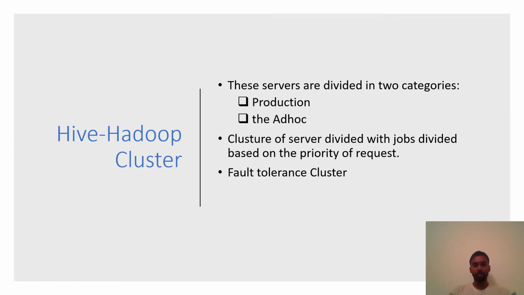So they create a fault tolerant cluster by creating many parent clusters. And all these clusters are divided based on the priority of the jobs and the priority of the requests. And because Facebook follows the read schema,